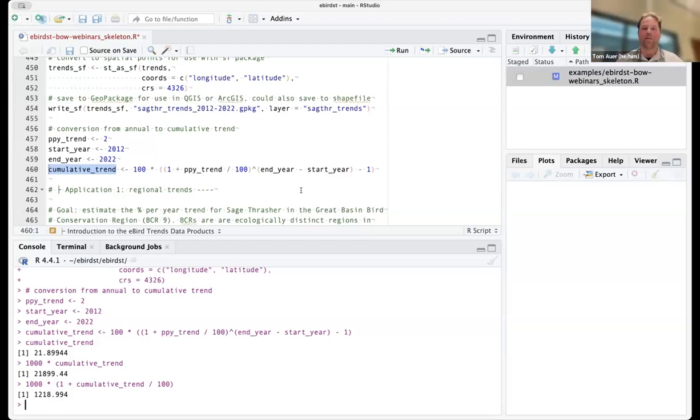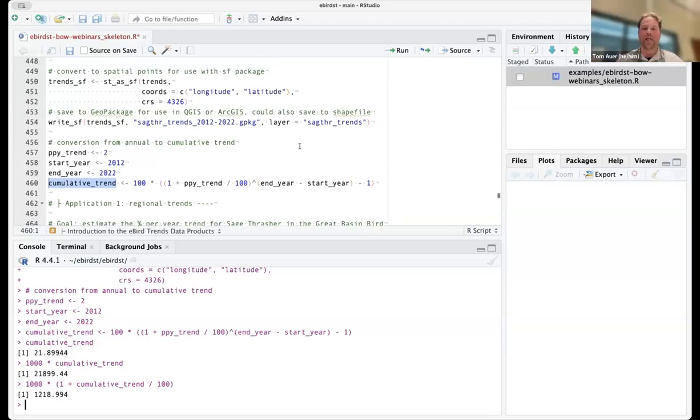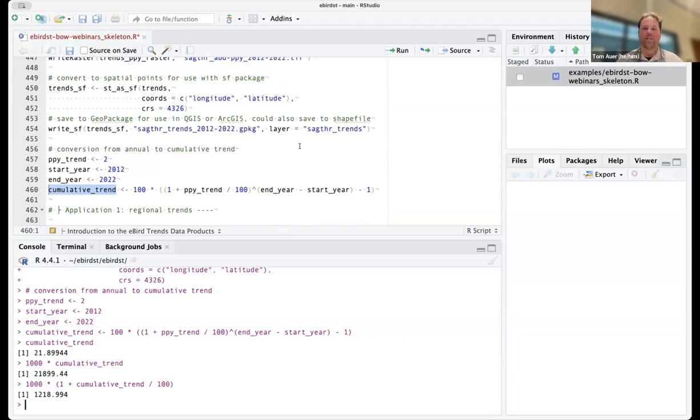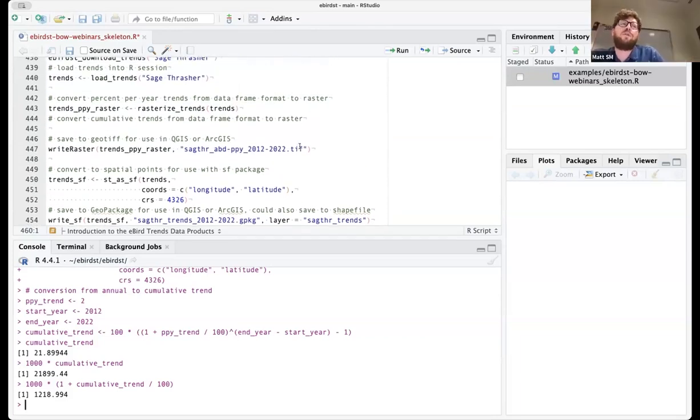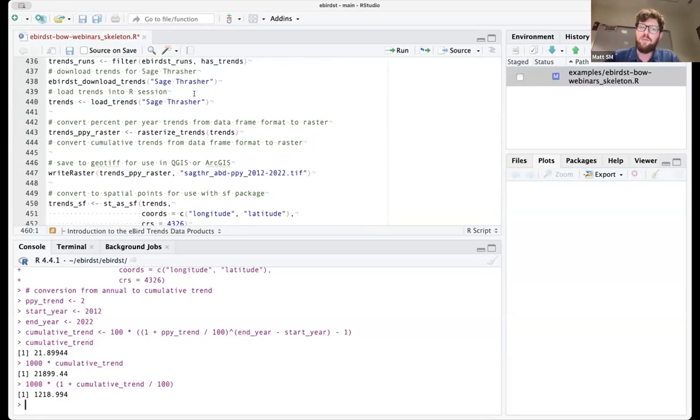Matt, quick question about the raster metadata of SRD long lat. Is that available outside of load trends or no? Oh, like if you wanted to just know the coordinates of every cell? Basically no. The only place it's currently available is if you actually load the data. We could potentially add a function that would give you a list of all the cell IDs and the lat and long, but we don't currently have that.